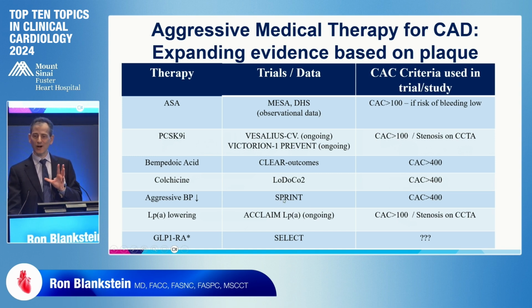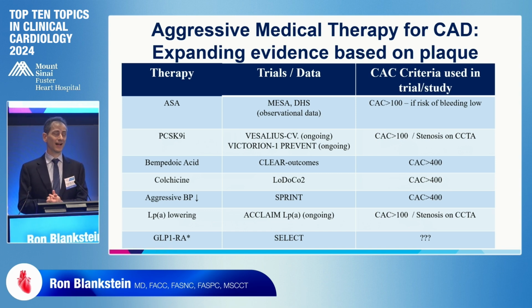Even in the SPRINT trial, and this is a trial that's now well over a decade old, a calcium score over 400 was one of the ways for patients to qualify as having enough disease to get into the trial. And now future trials with lipoprotein A are also including plaque on CT as a way to get into the trial. Now, in the obesity space, I would say none of the trials,